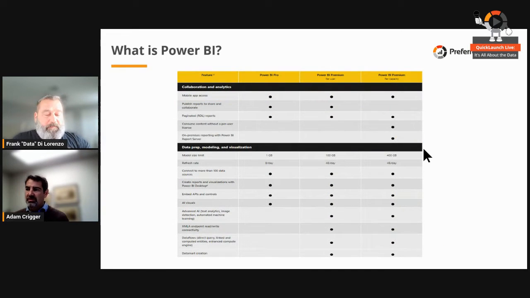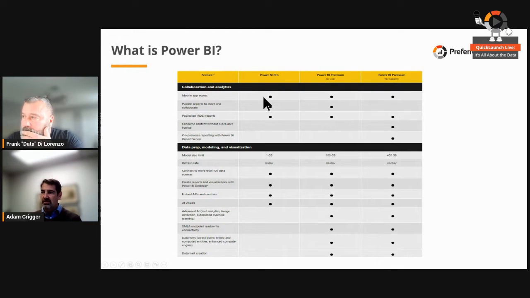A lot of people don't think about this, and it's probably hard to tell, but right there in the model size limit, which covers data prep, modeling, and visualization, you can see Power BI Pro is 1 gigabyte. 1 gigabyte for Pro, 100 gigabytes for Premium per user, and 400 gigabytes per capacity. Of all of these things, in my opinion, that is one of the most important to understand for why you need Premium. So in the past, before April 2021, before Gen 2 became available,